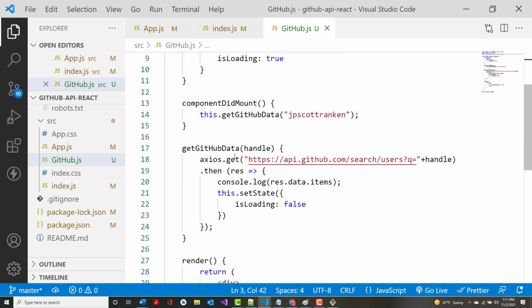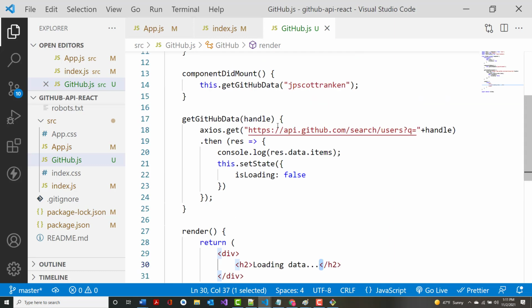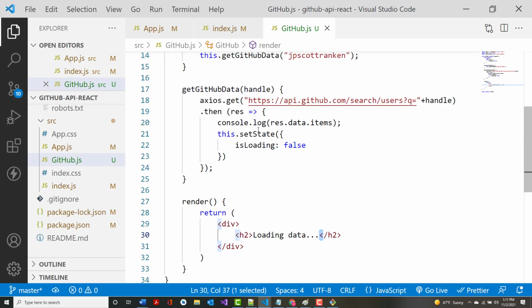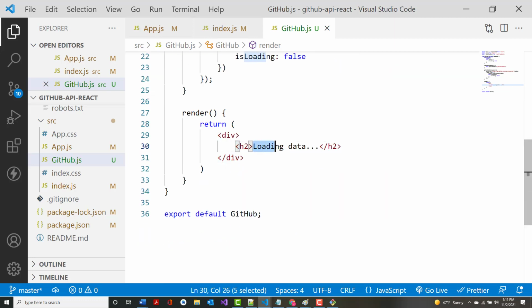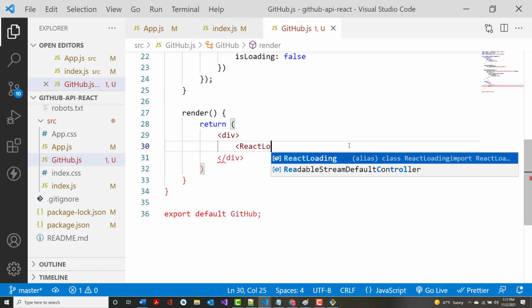So we want to go down to where we've got this loading data, and we want to replace that with our actual image. Does everything I just said make sense to everybody? All right? So we just brought this in, import ReactLoading from react-loading, okay? And now I'm coming down here, and I want to remove this. If you want, you can comment it out, but I'm just going to leave it there. So I'm going to come in here, and we really don't even need to make this an H2. We can come in here and say ReactLoading,